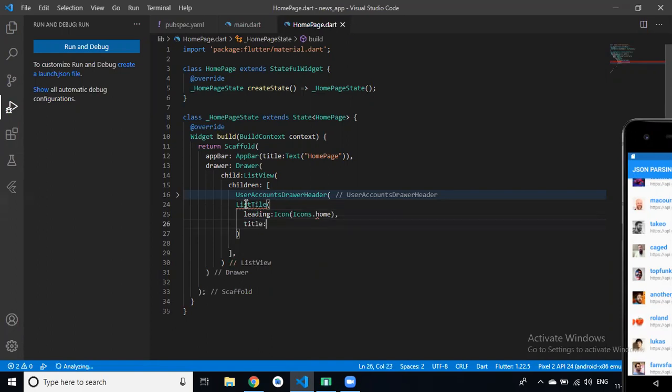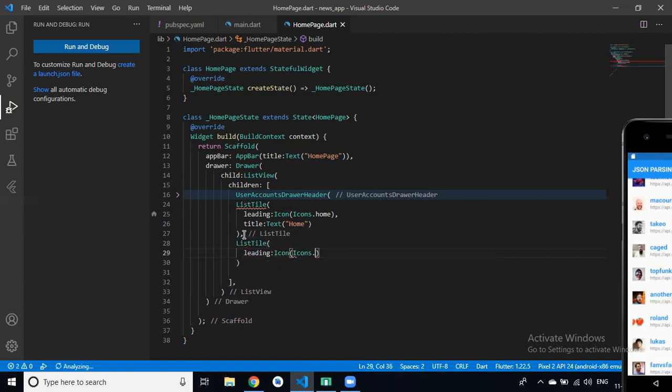In title we have a text widget, that is our home. Then we have another list tile. In list tile we have a leading.